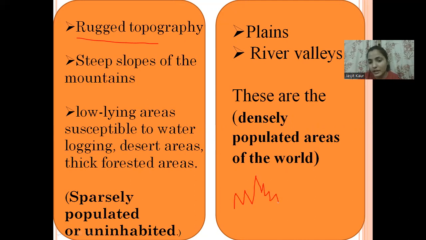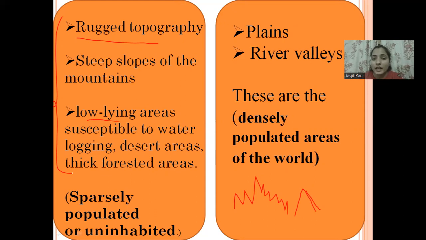If one particular land has this kind of topography, or a steep slope, like mountains having steep slopes, and then the low lying areas which are easily susceptible to waterlogging, where water can easily collect, and the deserted areas, and lastly we have thick forested areas. These areas have a very sparse population,